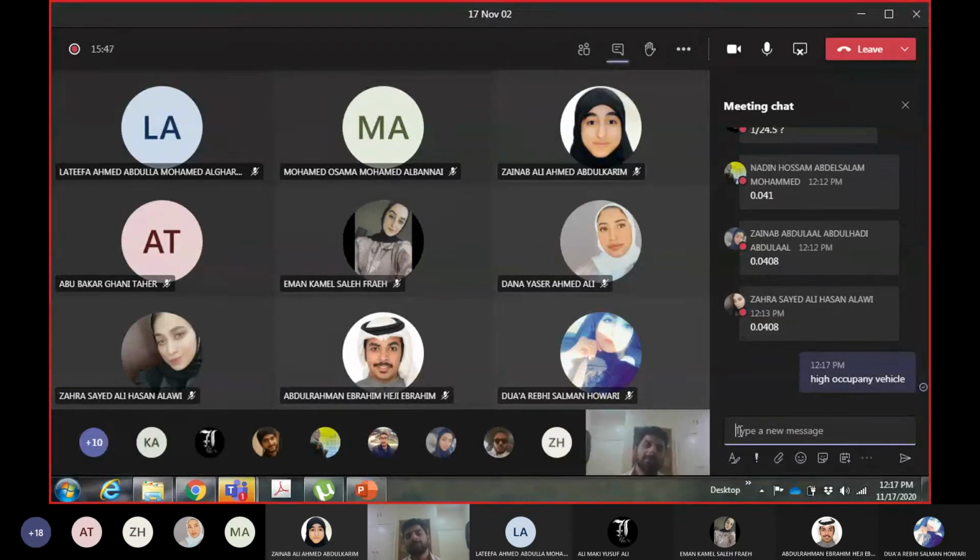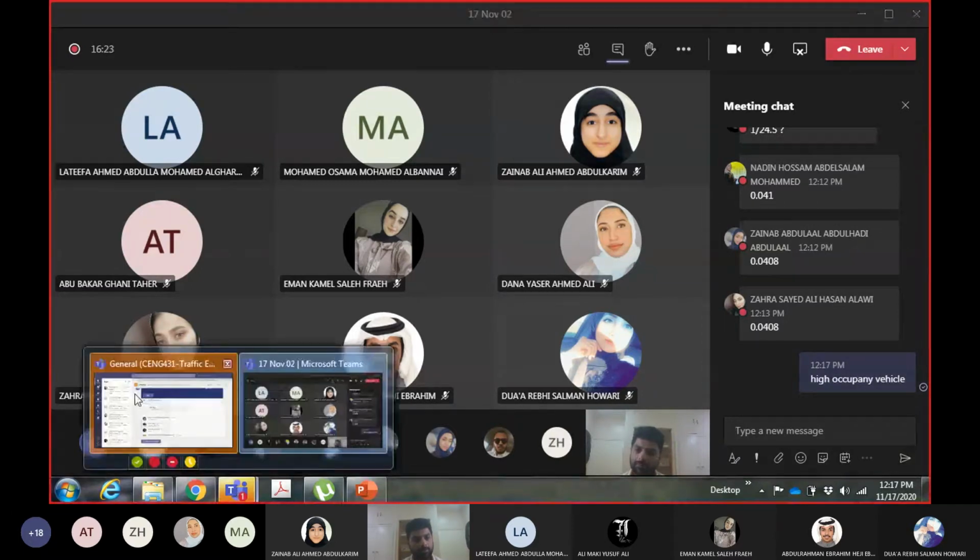What are high occupancy vehicles? These are vehicles which carry more passengers. So a car can be a high occupancy vehicle if there are 3, 4, 5 people in that car. And obviously, if a bus is going and there are 10, 15 passengers in the bus, that is also a high occupancy vehicle. So in some countries, they encourage people to use buses or to share their cars with other people by allowing them to go on an exclusive, dedicated lane.